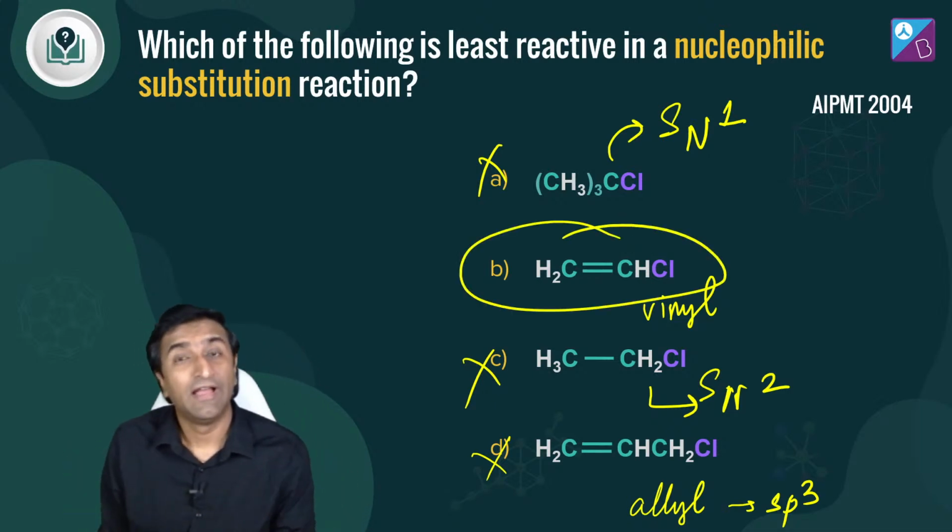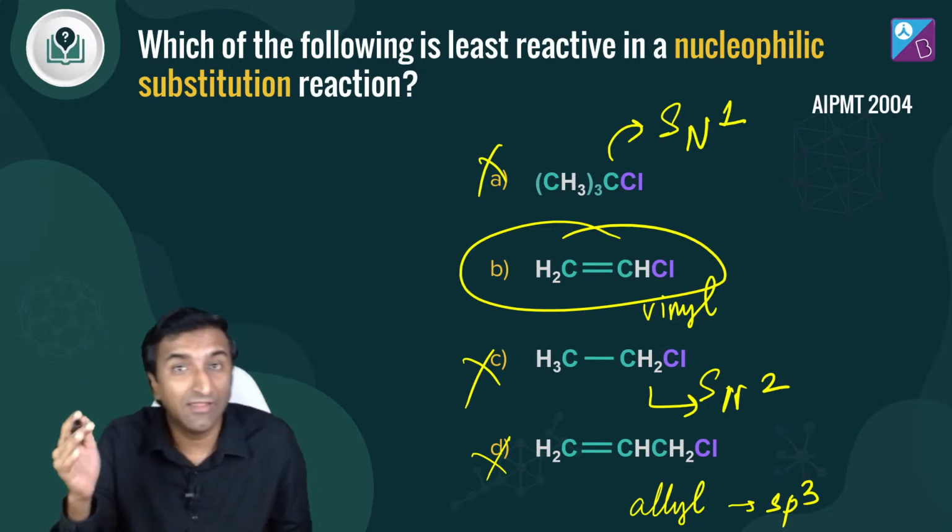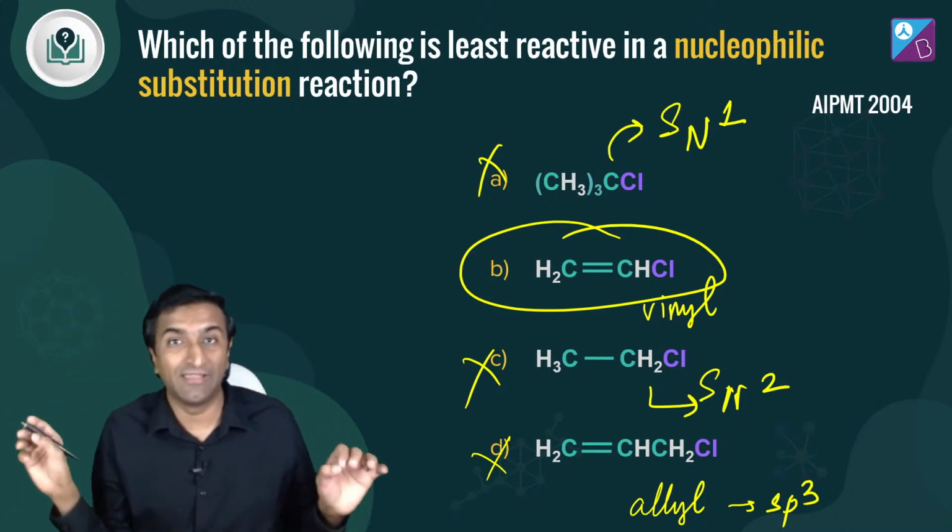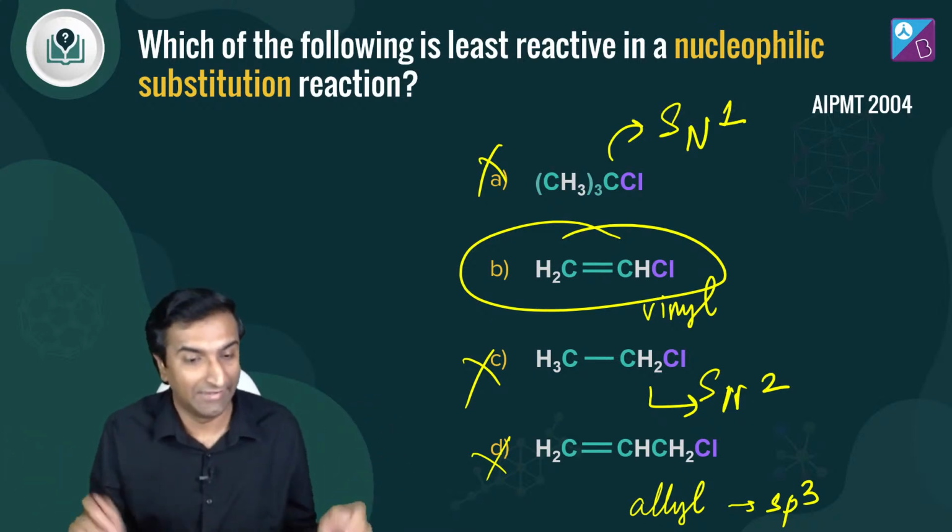Very interesting question. अगर ये विनाइल अलाइल वाली चीज याद नहीं आ रही है, मैंने स्टीरियो केमिस्ट्री में डिटेल में किया था ये, विनाइल ग्रुप, अलाइल ग्रुप, स्टेबिलिटी एट सेट्रा एट सेट्रा।